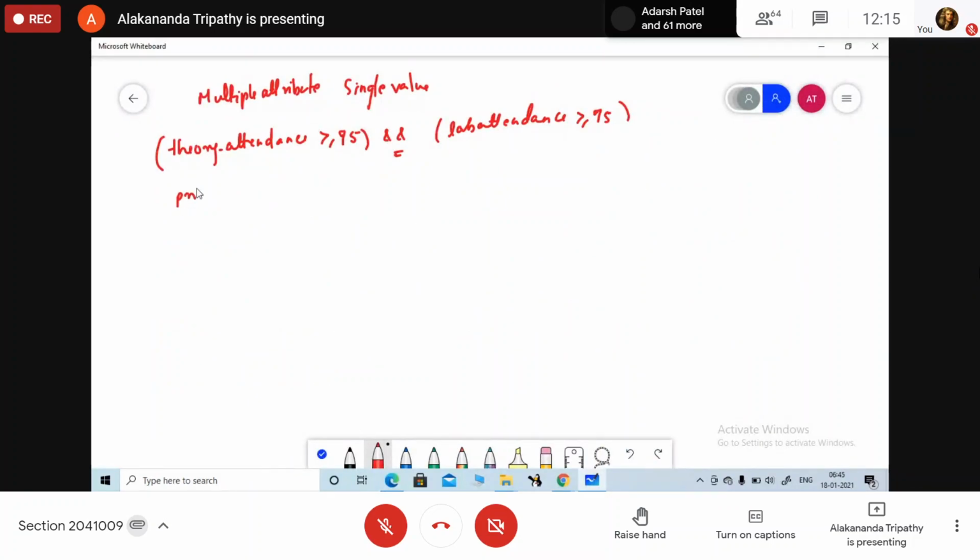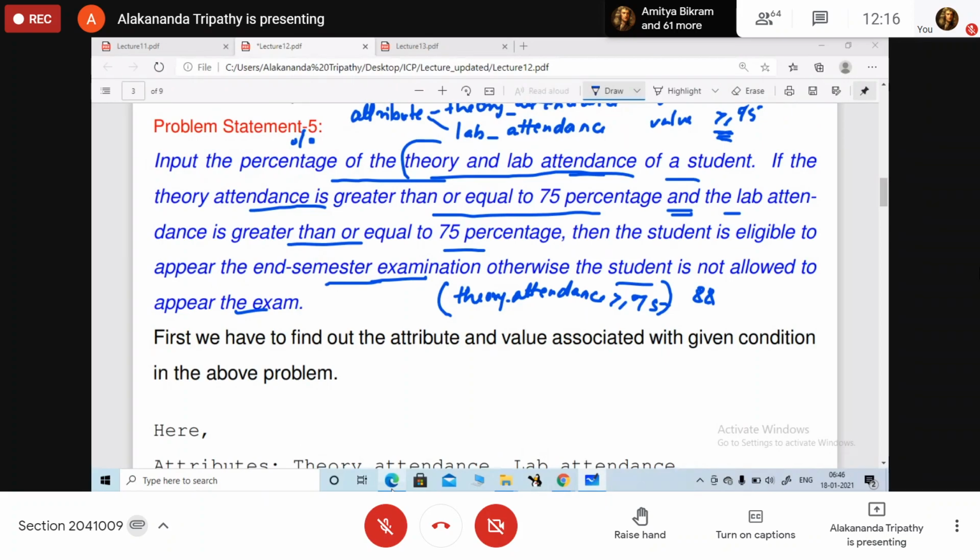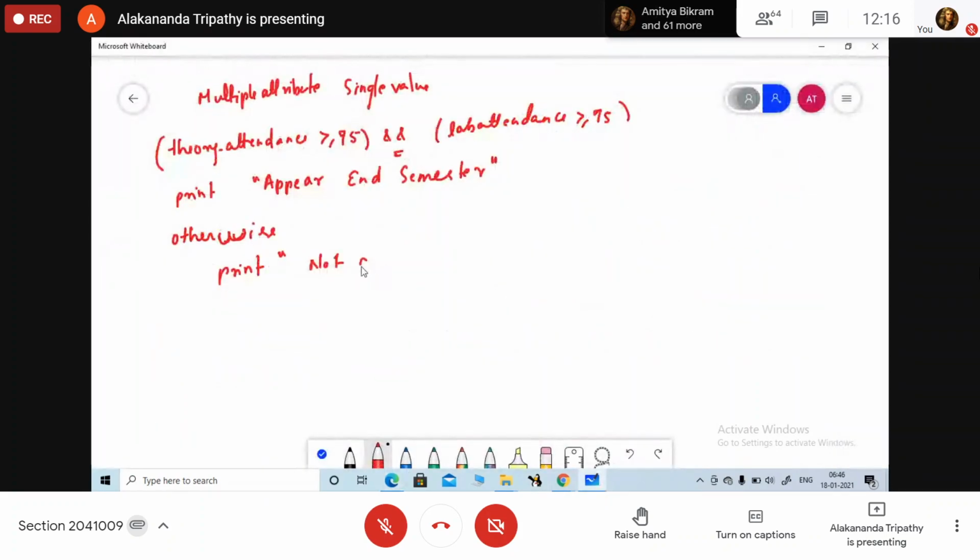So here we are going to print appear for end semester, otherwise print not allowed to appear.